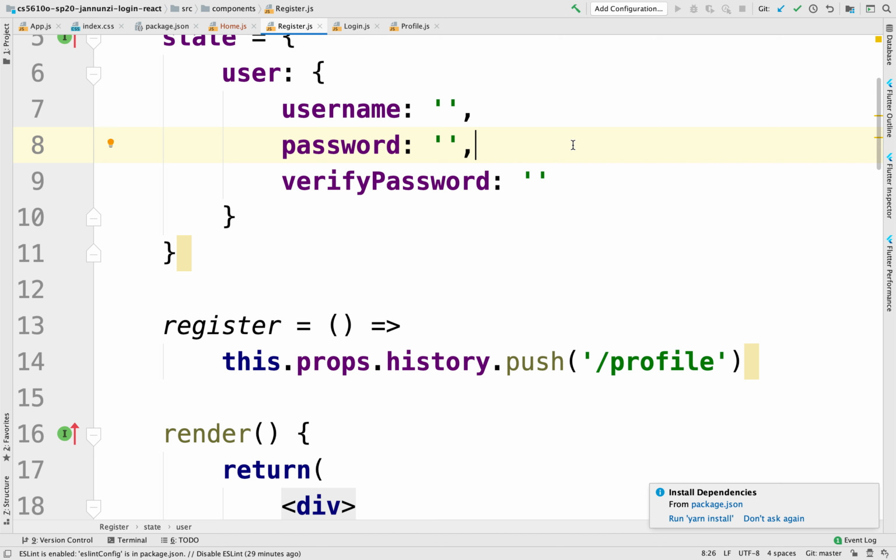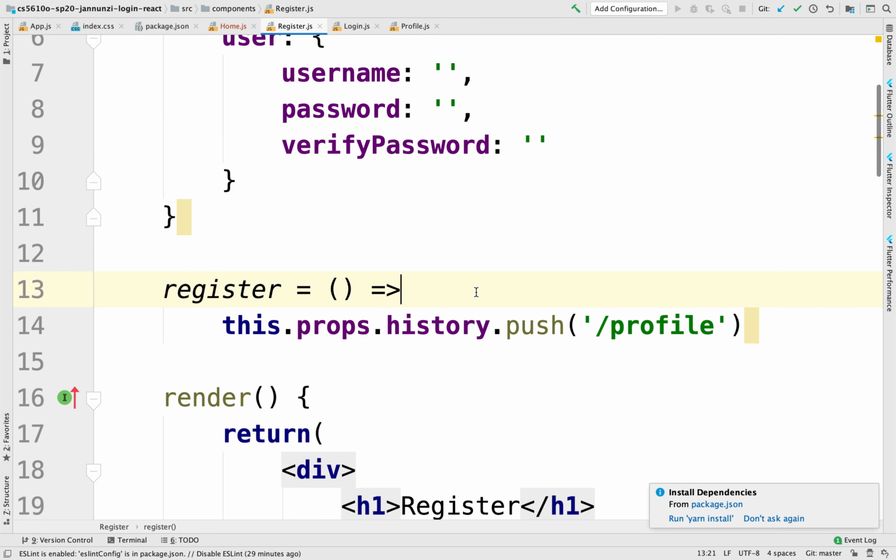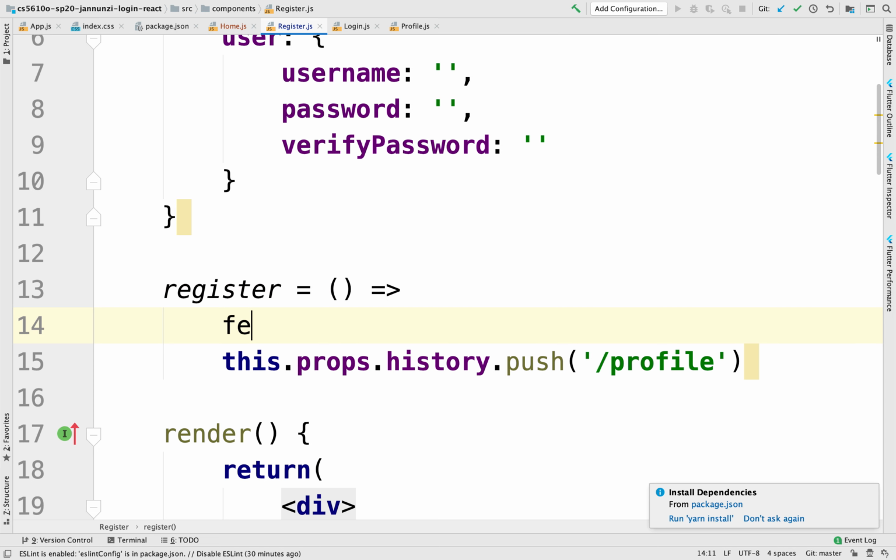Okay, so here we have a register component, which is capturing the username and password for folks that want to register. And when they click on the register function, we're going to grab all that information and send it over to a server, right? And the way we're going to do that is through fetch. And with fetch, we're going to assume that there is a URL that is ready and willing to receive our new user. So we're going to go to localhost